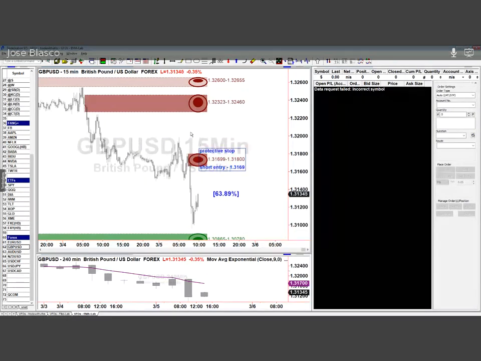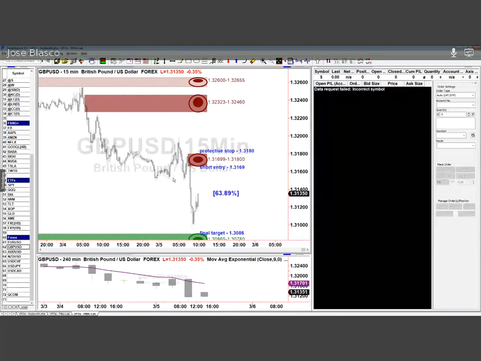So you will be using protective stops located above the UFO, which is 131.80. Okay, that would be your protective stop. And then of course, you will have a final target that would be much lower. In this case, we're going to shoot for that final target to be located at 130.86. Okay, that would be your final target. And why is that? Well, because you have the green UFO, which is better to respect.